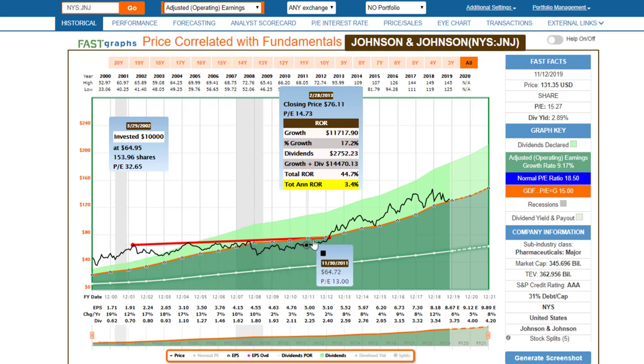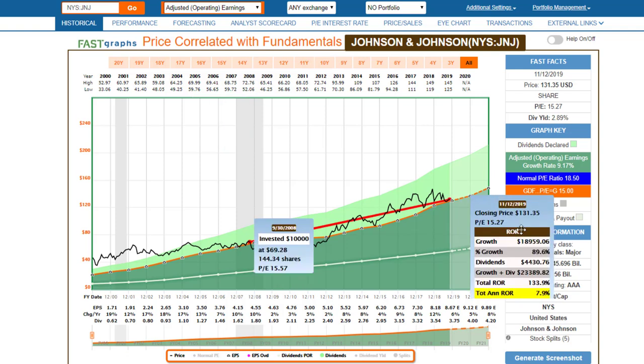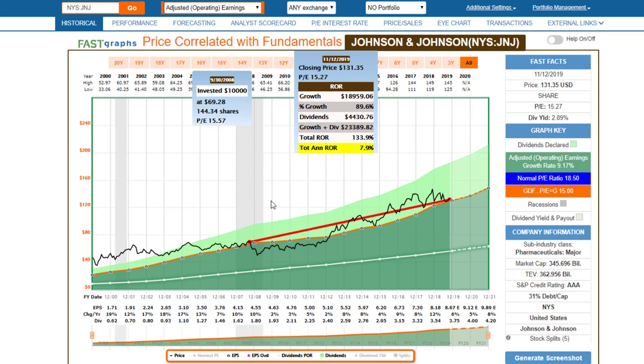In contrast, if I switch that around a little bit and I buy this company just before we entered, I'll call it, the Great Recession, and I bought it at a valuation that was roughly that 15 PE and held it to where it's roughly the similar PE now, I end up making over 8% a year holding the same company, which grew about the same rate over both these time frames, not exactly, but the point is